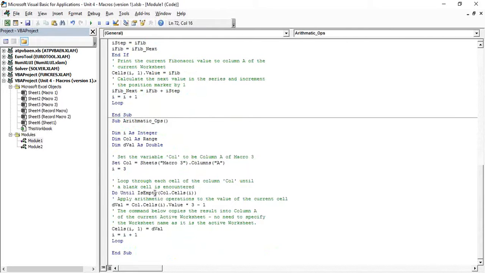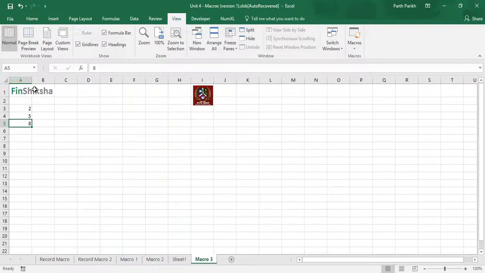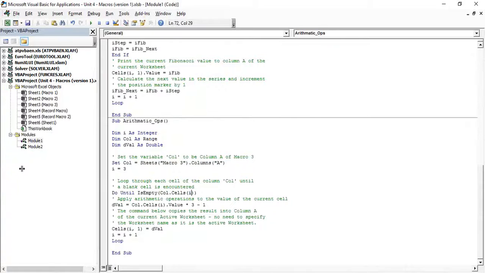Is empty means once you encounter a cell which is empty, stop doing whatever you are doing. Till then you have to do. So is empty column cells I. Cells I means it will take 1, 2, 3, and column cells means this particular column 1, 2, 3, 4, 5. Whatever we have defined, I equals 3, it will stop when I becomes 4.